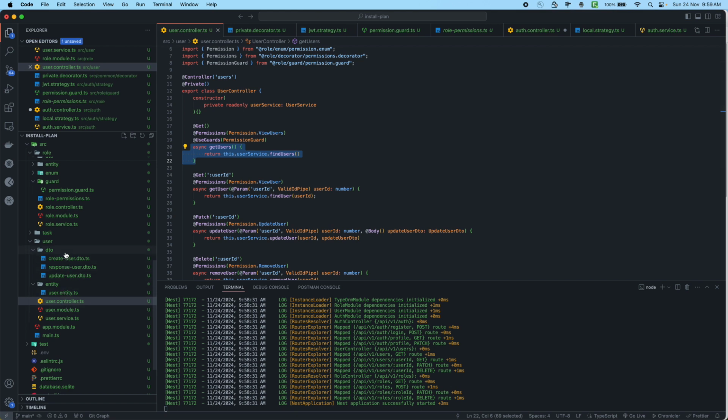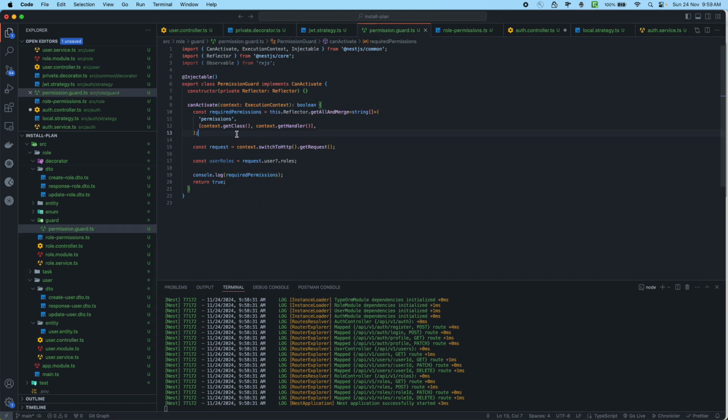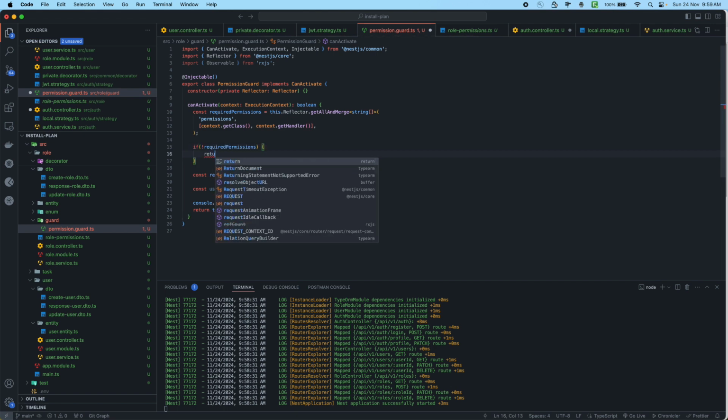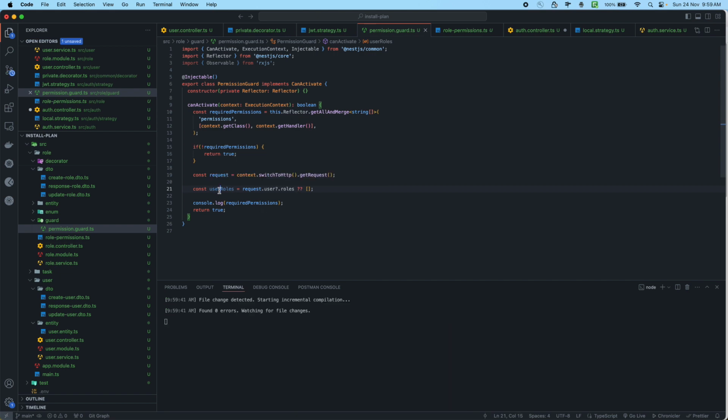So let's do step by step. In permission guard, what we can do, if not required permissions, then we can directly return true, right? Else what we can do, we can get user roles, and if there's no user roles, probably we can just, or we can do this way. And then